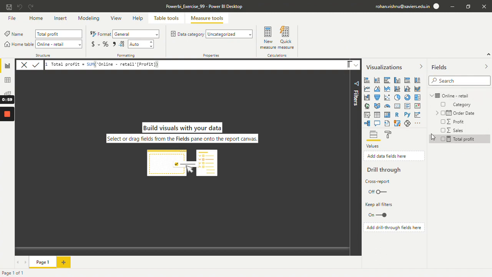And as you guys can see in the dataset, one measure has been created with the name total profit, and in front of this name we have a calculator sort of symbol which states that the total profit is a calculated measure. Just select this,